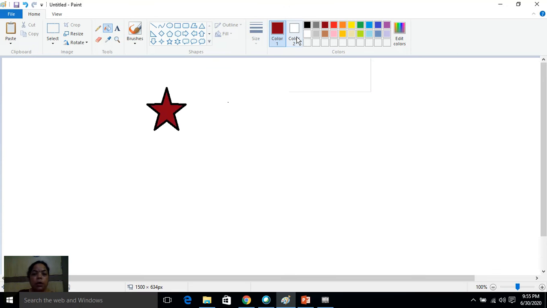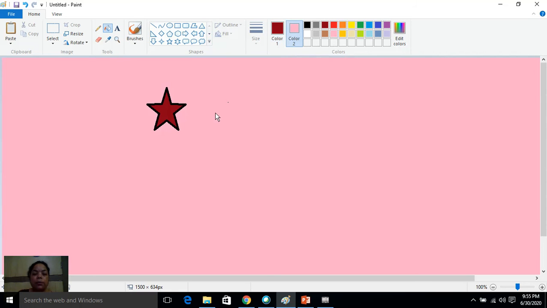To use color 2 or background color, at first I have to click on it, and then I have to choose the color, and then I just press the right mouse button. When I press the right mouse button, my background color will change. So this is the use of color 1 and color 2.